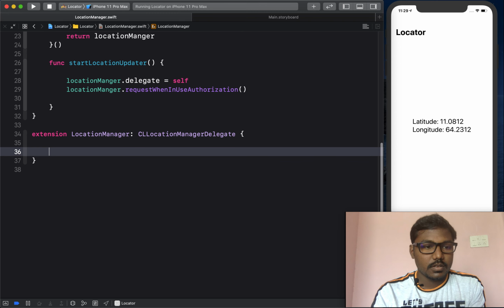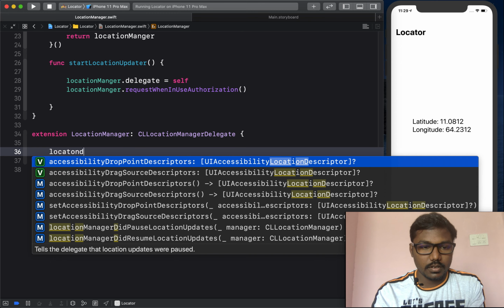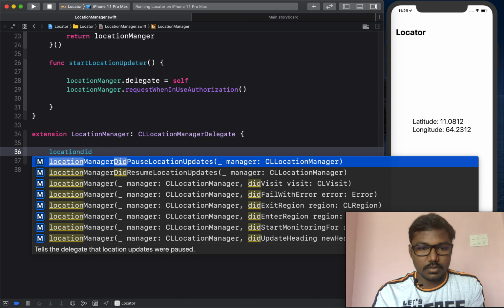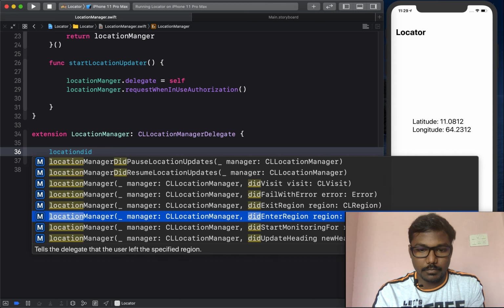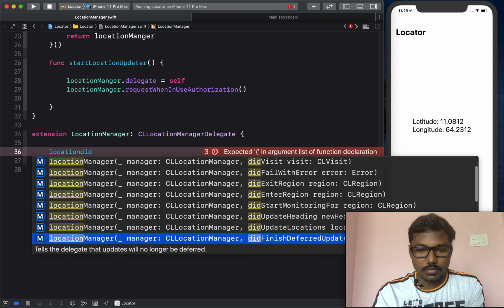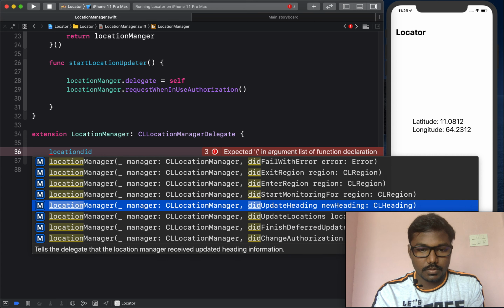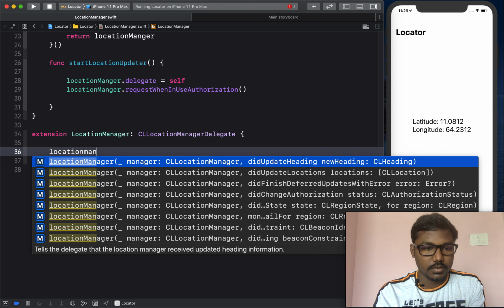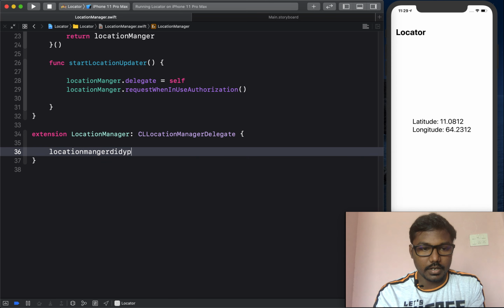Likewise here I am going to get the locationManager didUpdateLocations.